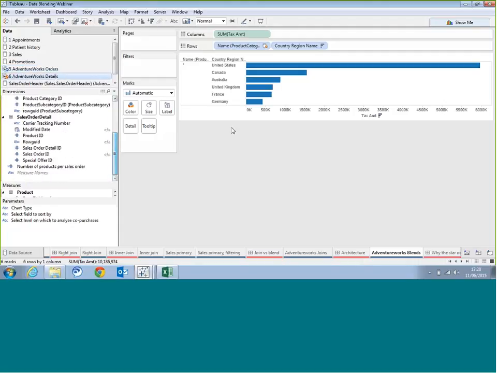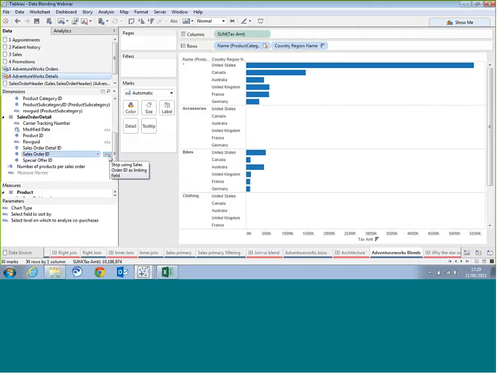The first is that we haven't linked on anything, because the default behavior of Tableau is just to link on the dimensions you have in the view. And we don't have a dimension in the view that's common between these data sources. The only thing that's common is sales order ID, so I actually have to go and activate that link by clicking on it. And now they're blended, so we see some detail here, but